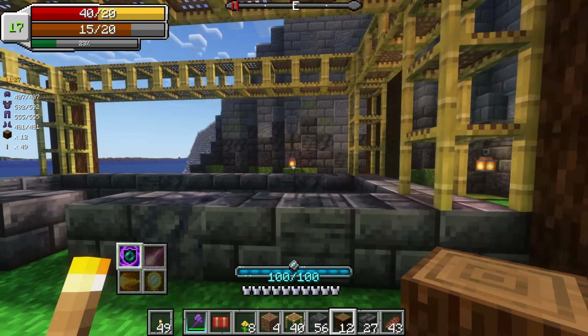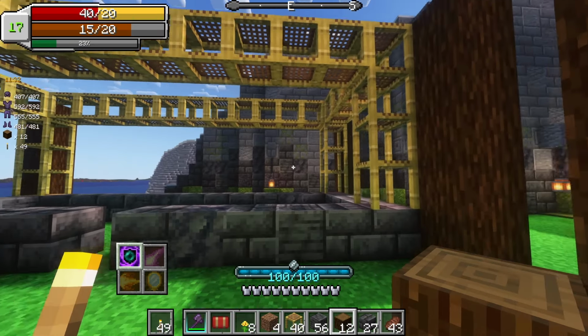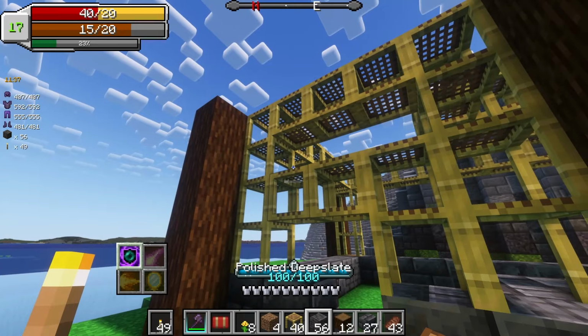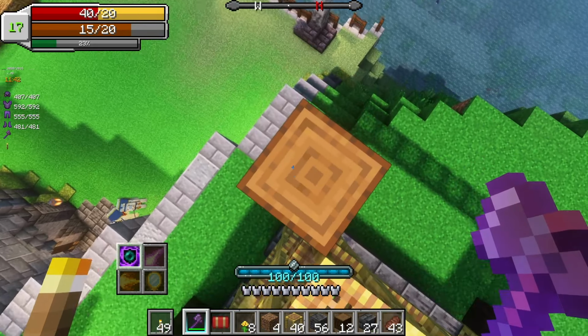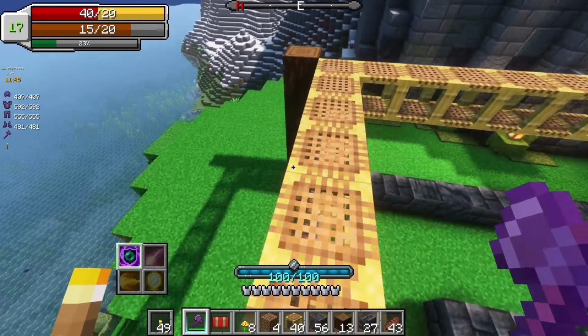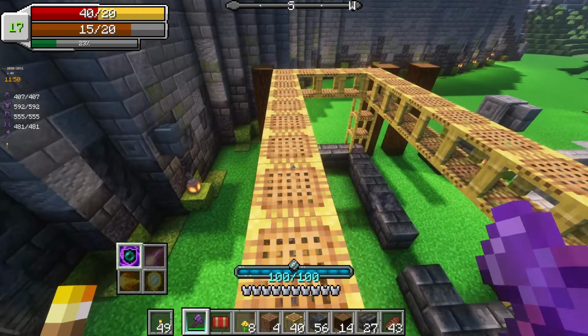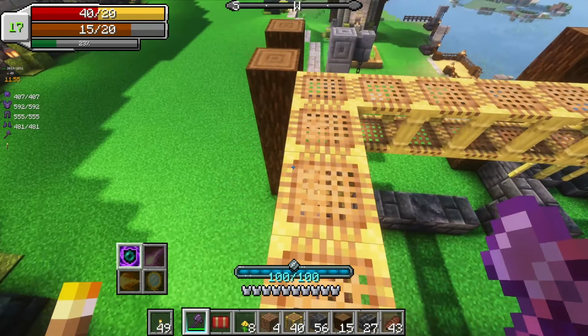Alright, so the general frame is done. I added an extra pillar because I have another idea. I'm going to go off script a little bit. But I think that if we do this right, then we can make this look really good. So my thought process is that the upper story will be larger than the lower story because there's a lot of